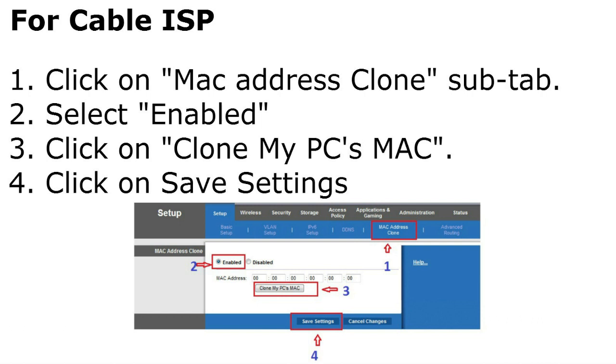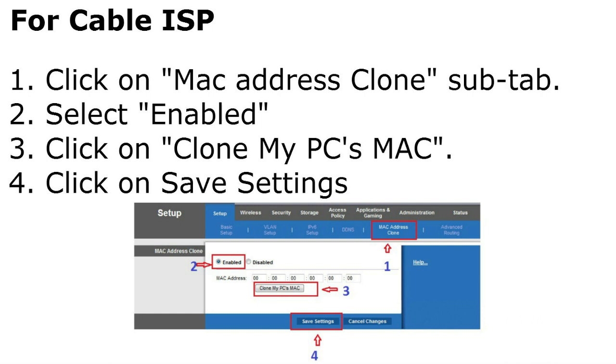For the cable internet service provider, you need to clone the MAC address of your main computer. This will be the computer which is able to go online when connected directly to the modem. So this is your main computer. On the setup page, under the main setup tab, you will see a sub tab, MAC address clone.